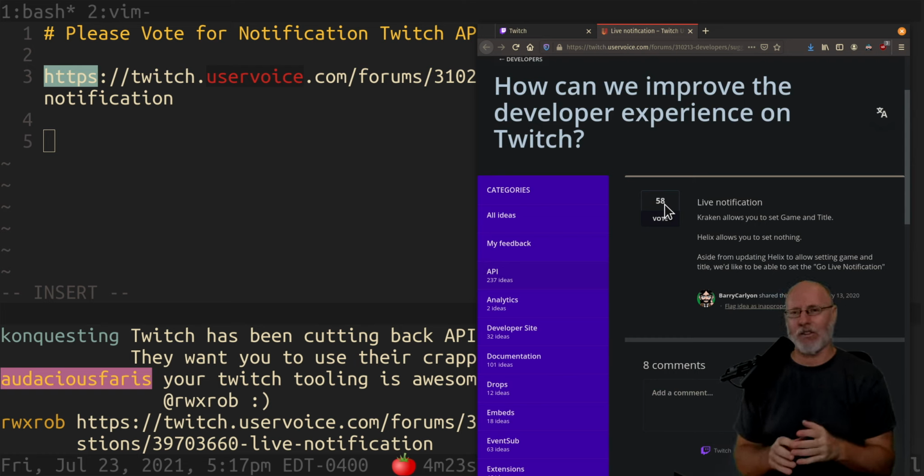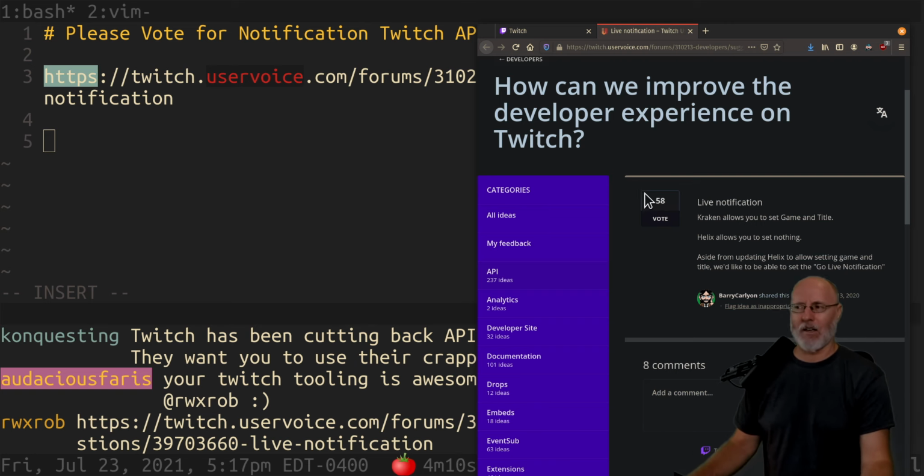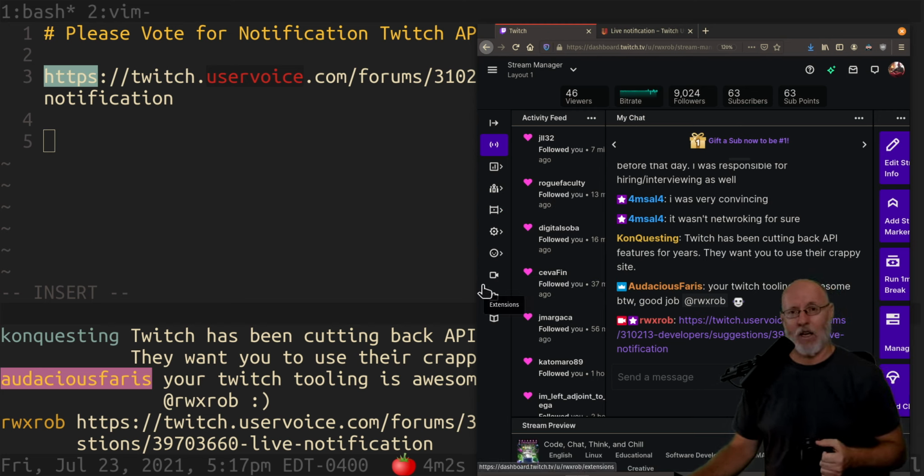If they add this, it's one tiny little thing that makes my life incredibly easier, because all I have to do is run topic whatever from the command line, and boom, everything gets updated. And right now I can't. Right now I have to do that stupid little annoying thing. So take some time if you wouldn't mind, and do that if you support the stream,